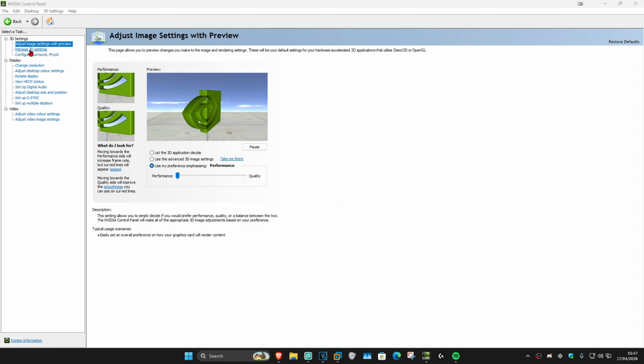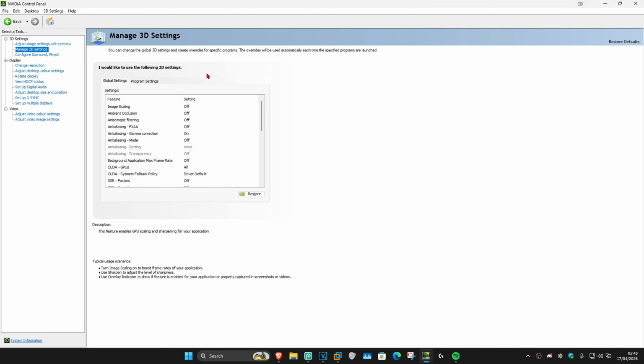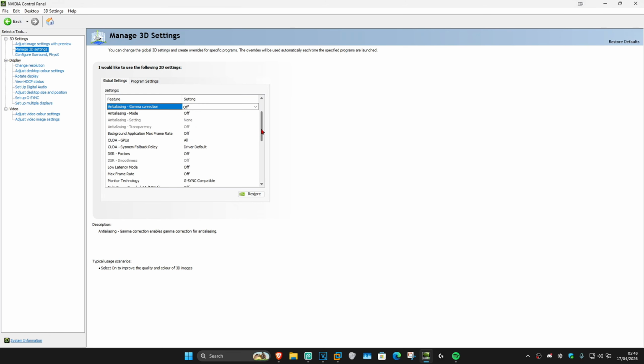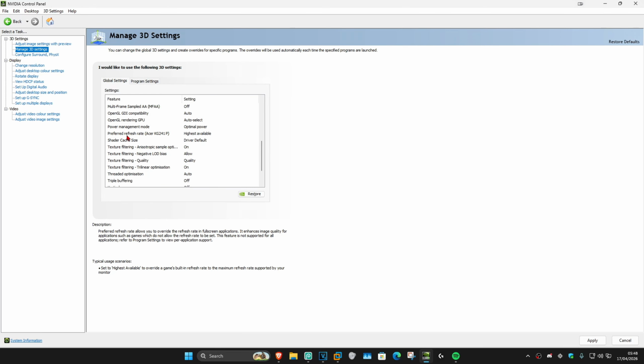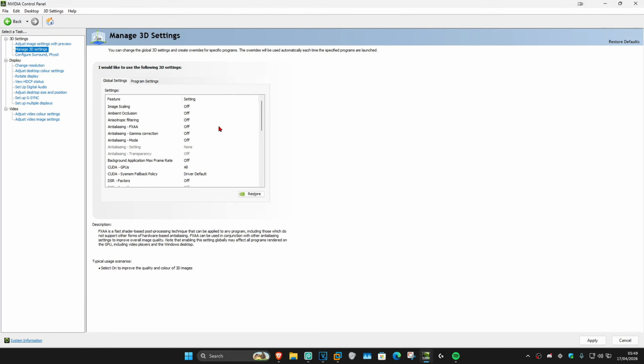Next, you want to go to Manage 3D Settings, go to Global Settings. You want to turn everything here off for the best FPS. Turn off everything. Keep your preferred refresh rate on the highest available. You can turn off everything else. After you turn off everything, or you set everything to the lowest, you want to click on Apply in the